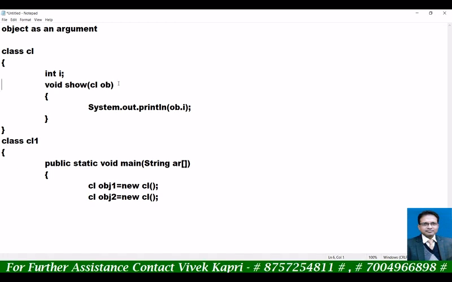In the show function we have passed a class type reference. Here ob is called a reference variable of class cl, and using this reference variable we are accessing the variable i.